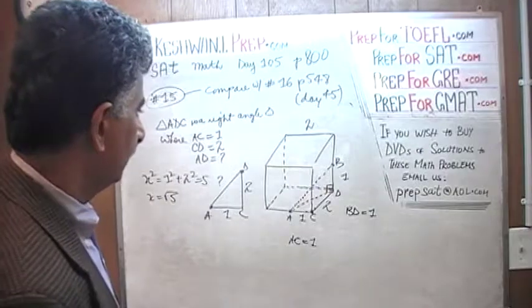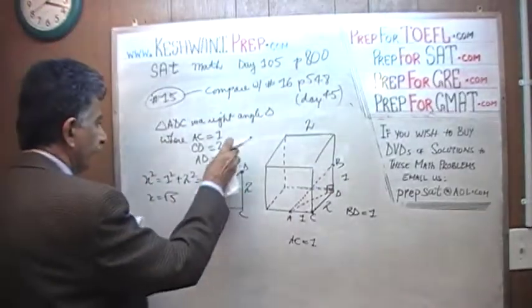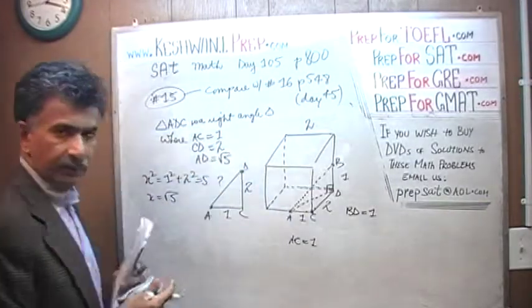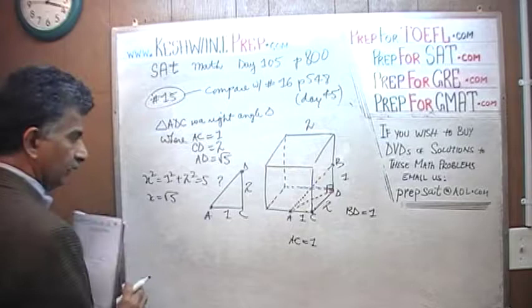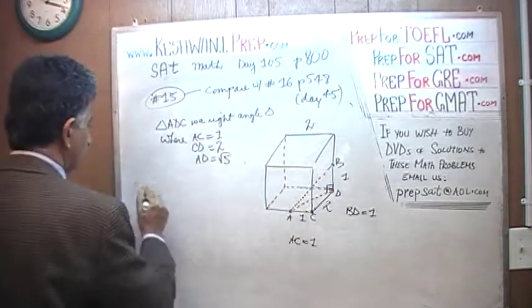We know now A to D is square root of 5. We're done with it. That's it. It's over. It's done. Okay, I need to erase it. Now,